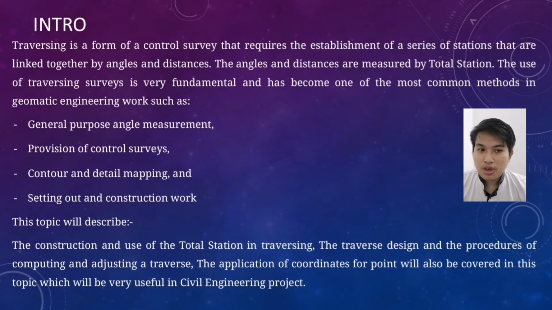The use of traversing survey is very fundamental and has become one of the most common methods in geomatic engineering work, such as number 1, general purpose angle measurement. Number 2, provision of control surveys, contour and detail mapping, and the last one, setting out and